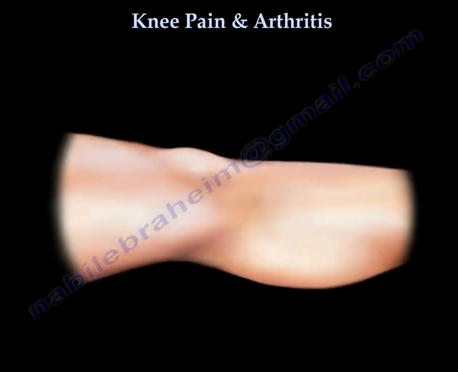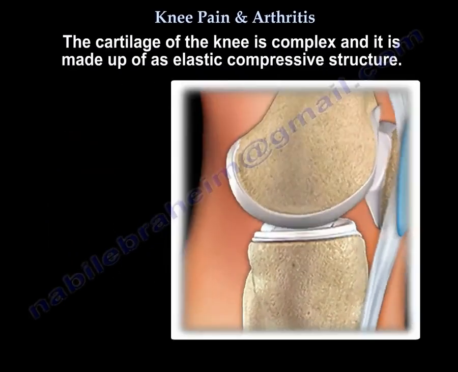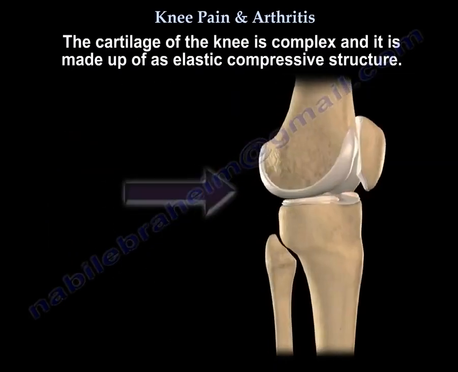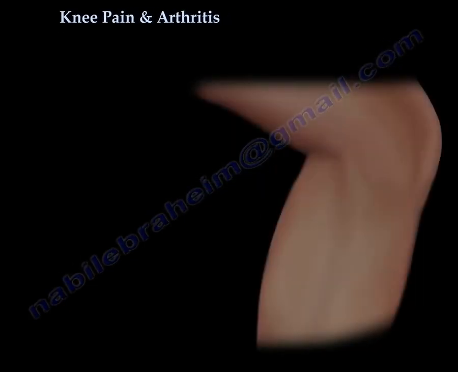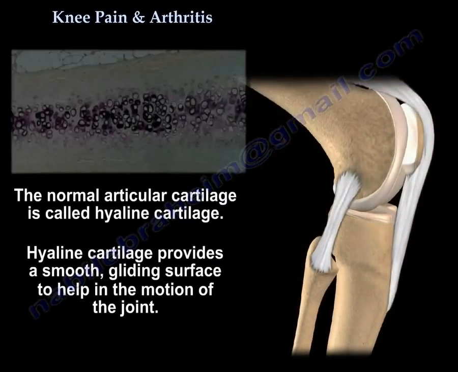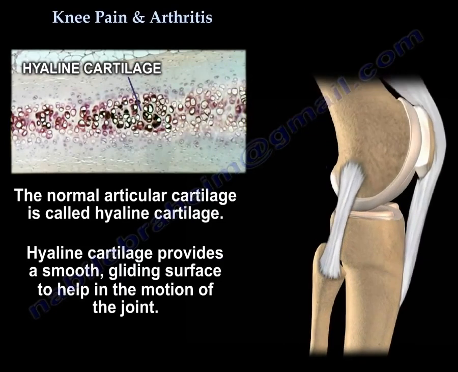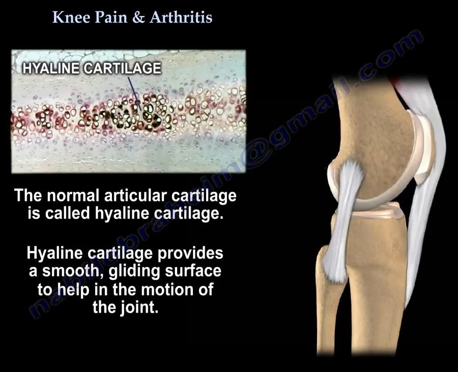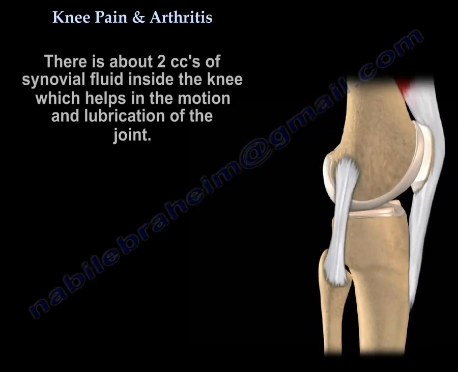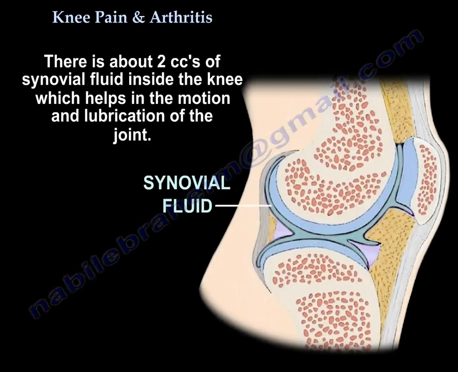Knee pain and arthritis. The cartilage of the knee is complex and is made of elastic compressive structure. The normal articular cartilage is called hyaline cartilage. It provides a smooth gliding surface to help in the motion of the joint. There is about 2 cc of synovial fluid inside the knee that helps in the motion and lubrication of the